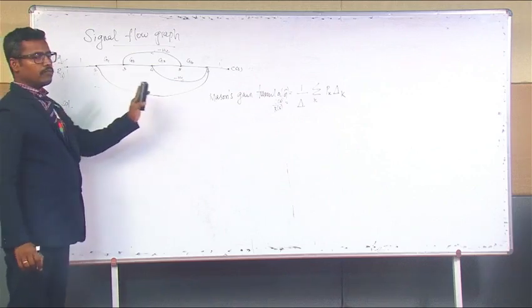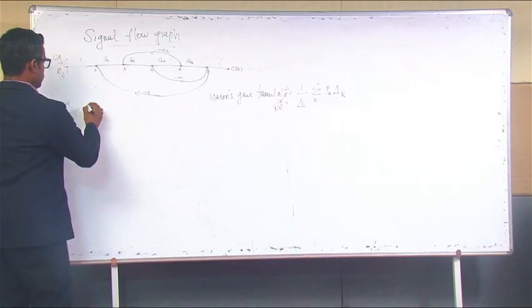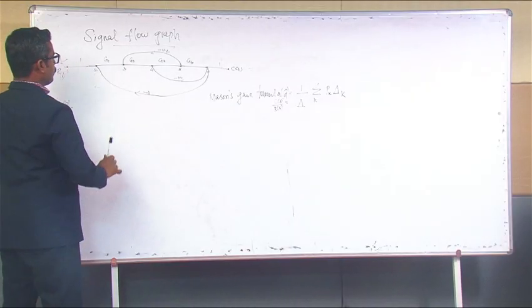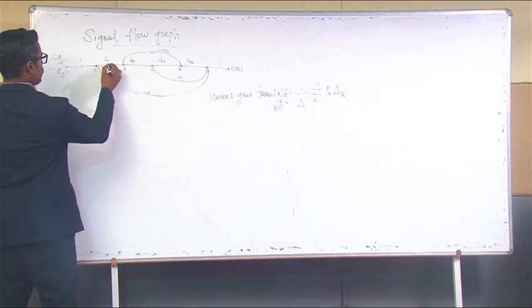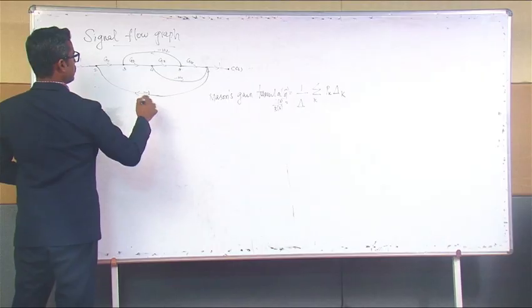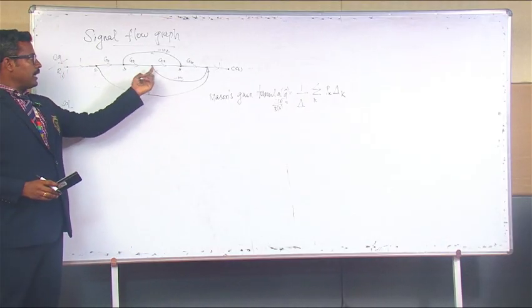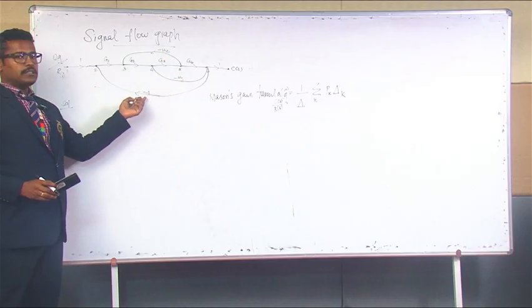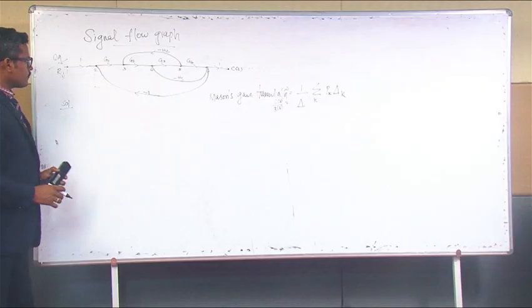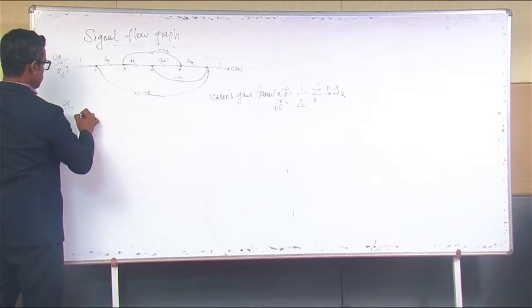What is the number of forward paths present in the signal flow graph? That is the first step. In step 1, I am going to find the number of forward paths. So this is the signal flow diagram. In every branch, the arrow mark represents the signal flow direction from one node to another node. So if you take this one, the first forward path,